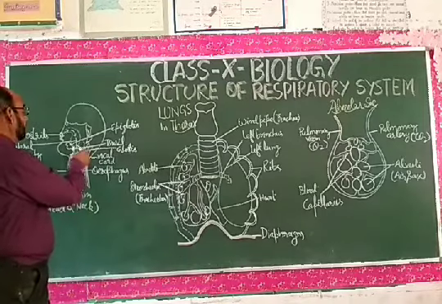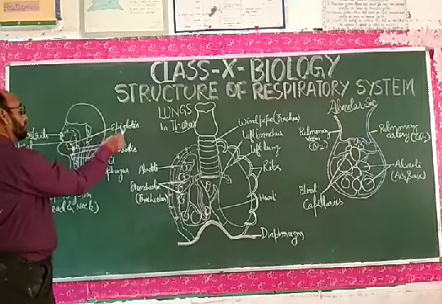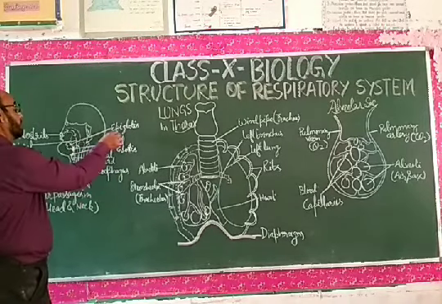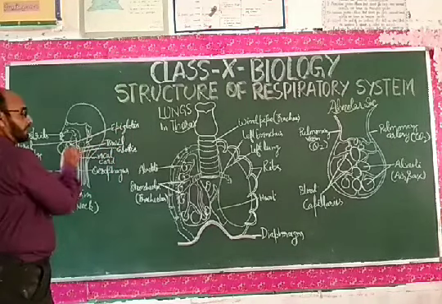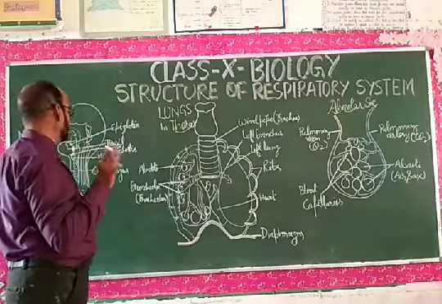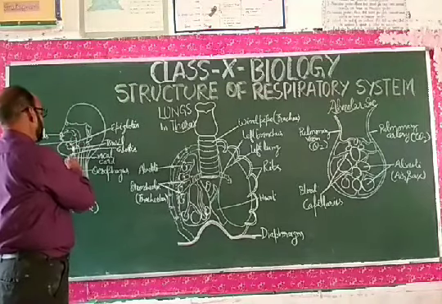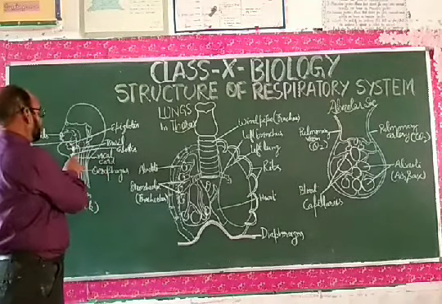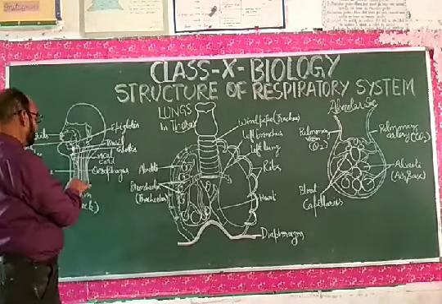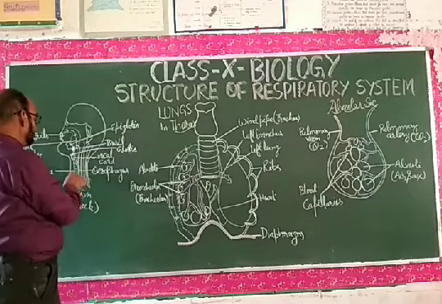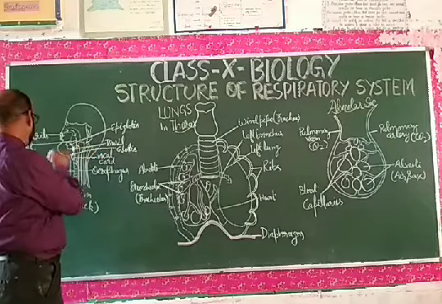Associated things are there, that is tonsils, just in the neck region. Epiglottis and glottis. The epiglottis is found on the glottis, and it is the opening and closing wall of the esophagus and this trachea. Then the vocal cord is there, which you will see in the neck region. The esophagus, that you are looking at here, is found parallel to the trachea and works as a food pipe.